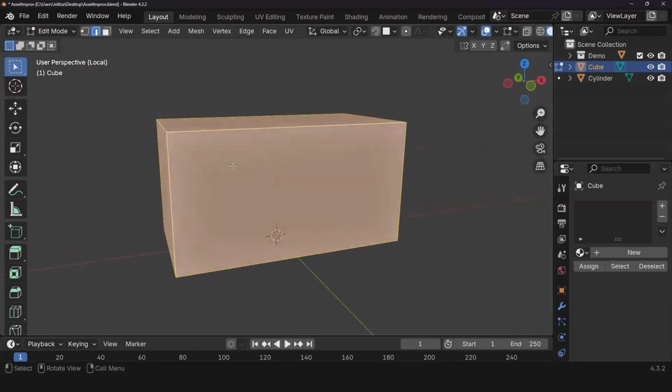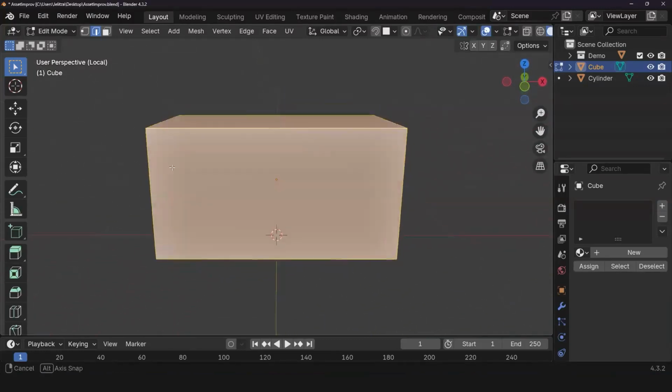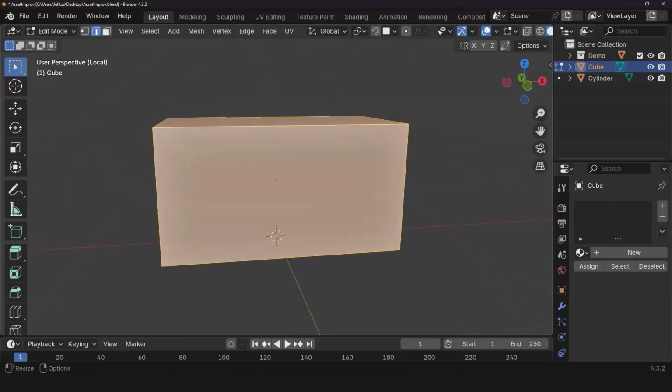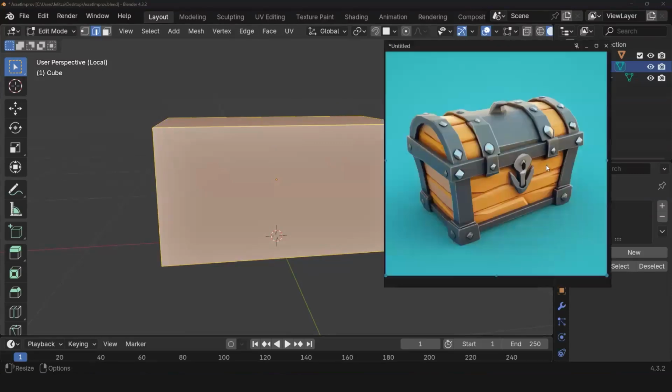Now that I'm in edit mode, there's a few things I want to start off with. So let's look at this guy. First off, I'd like to get this initial shape in here very simply, very easily.